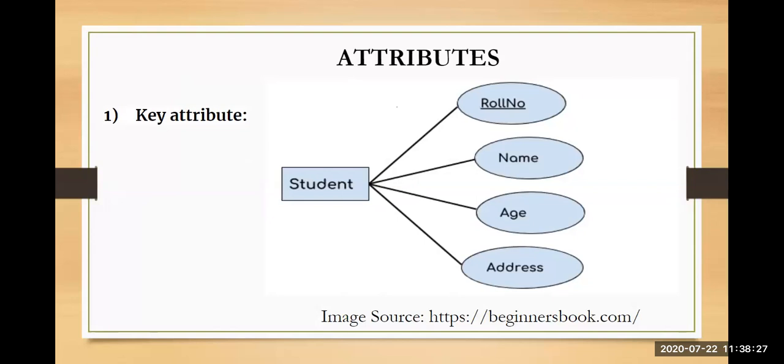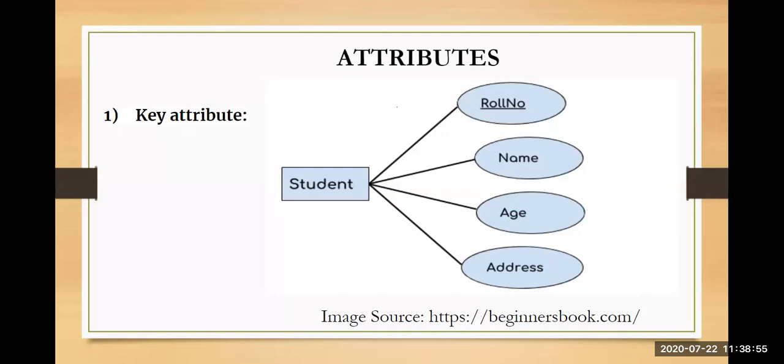We are starting with the very first attribute, that is your key attribute. A key attribute is just an attribute that can uniquely identify any entity from an entity set. For example, we have your student entity which has fields roll number, name, age, and address. A student roll number can uniquely identify a student from a set of students, isn't it?